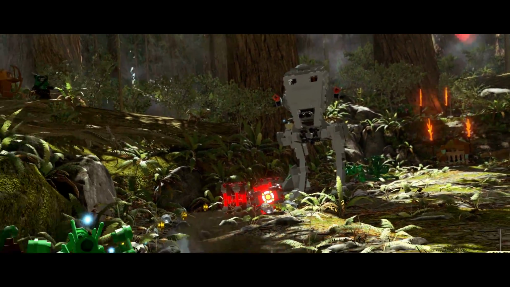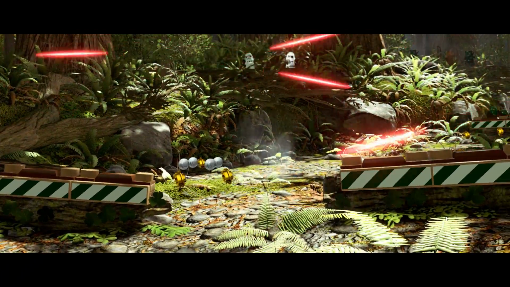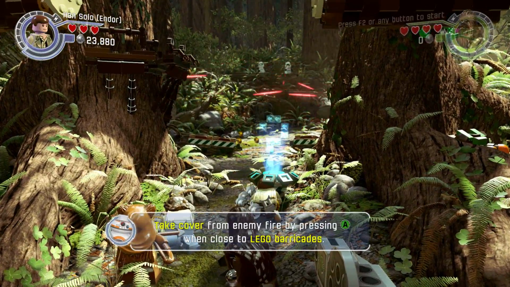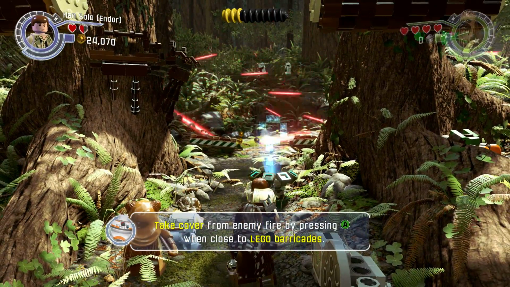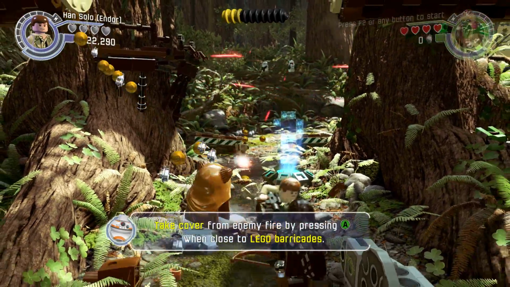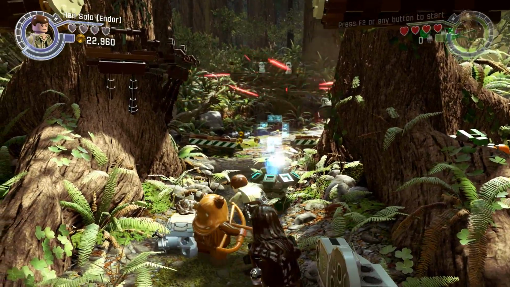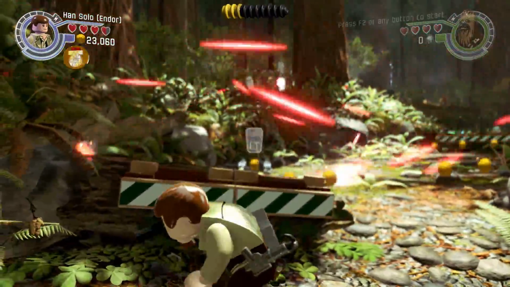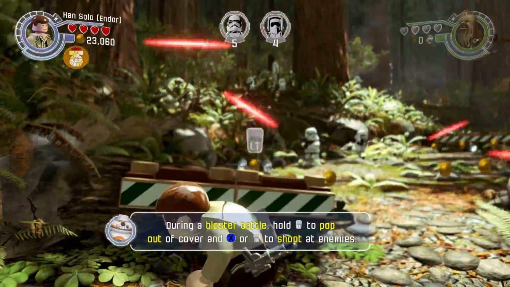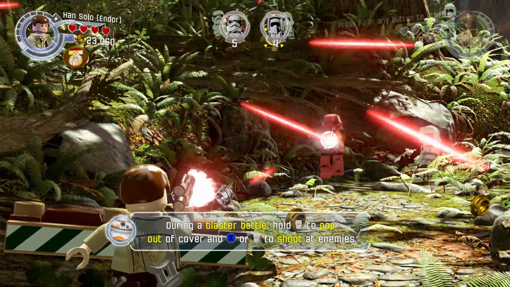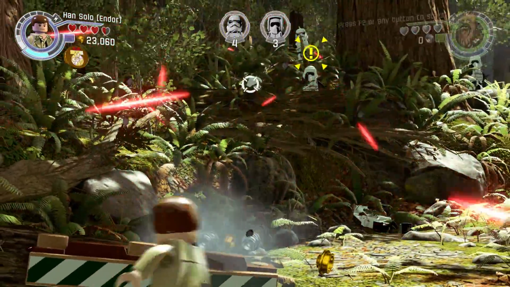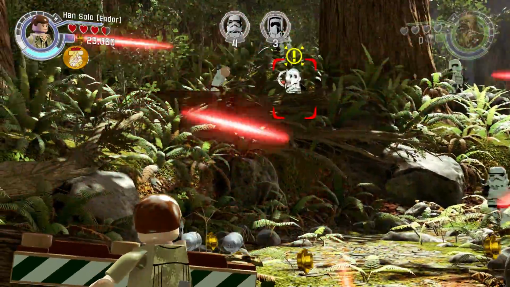Now, some of the Lego games have had this deteriorating effect in a very bad way, where you're halfway through the game and you're so overcommitted to the game. This is something that was introduced, I believe, for this game, over-the-cover, like cover-based shooting,